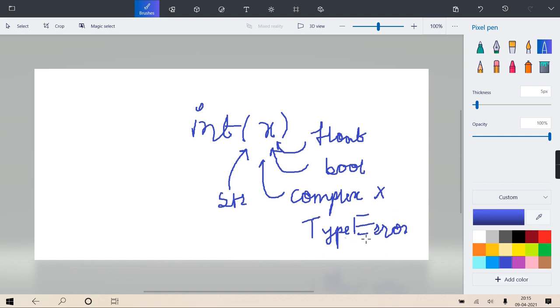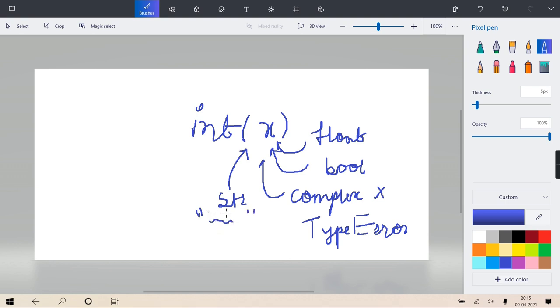For every problem there is an exception. This is the exception class name. This is a class in Python. Type error. But why has type error occurred? Because that type is not legal for converting to integer. To convert complex to integer is not allowed. Therefore type error. String to integer is allowed, but within that string there has to be a legal numeric value.